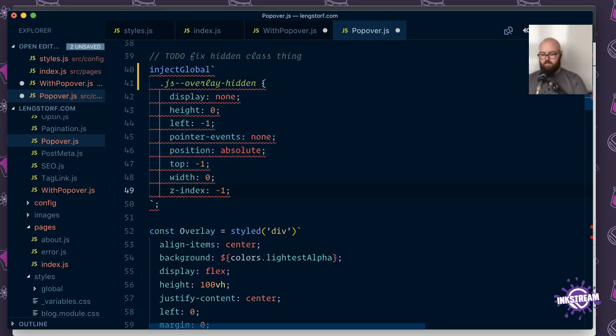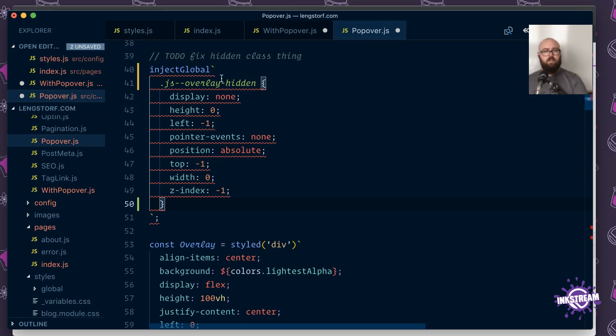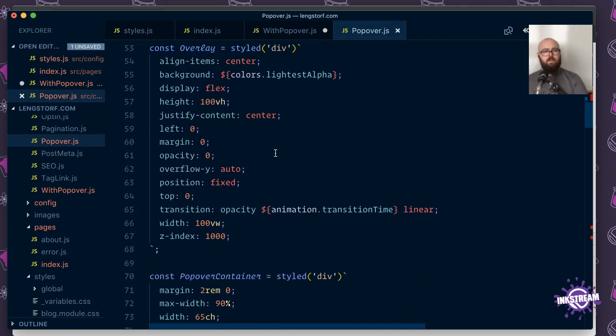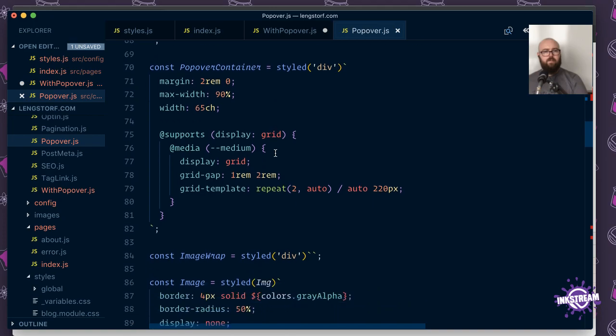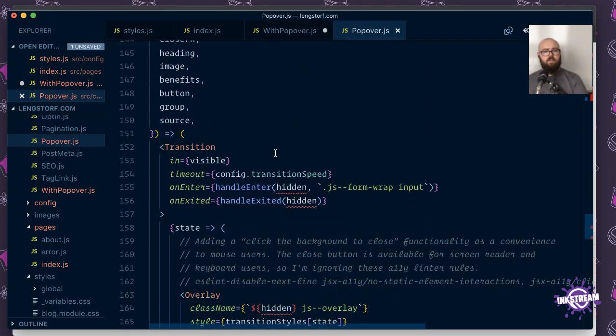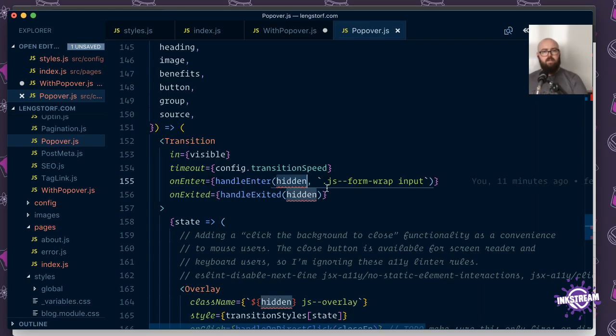And if somebody actually knows how emotion works, maybe send me a DM or post it in the chat, because I feel like this is definitely gross. That gives me my JS overlay hidden. And so then I can come in here, and wherever hidden was used, I can,